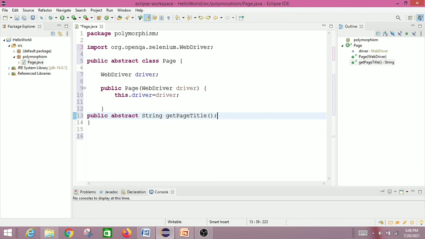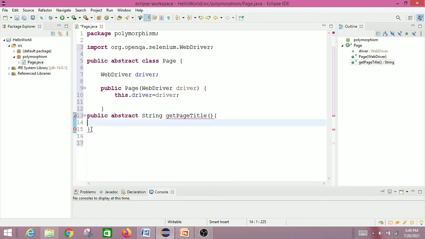We will check if we provide any implementation. Here you can see one error: abstract methods do not specify a method body. Yes, an abstract method will not have a body.